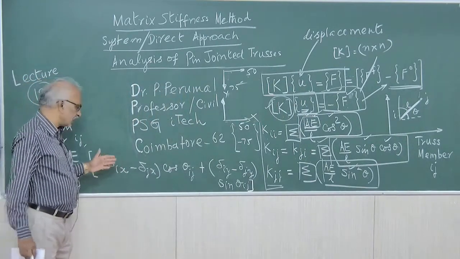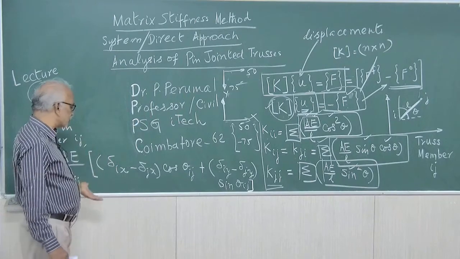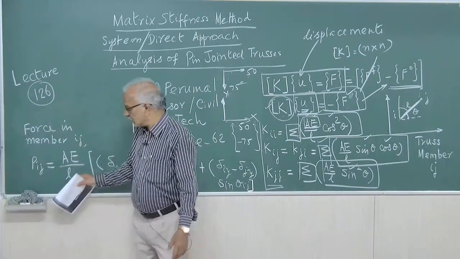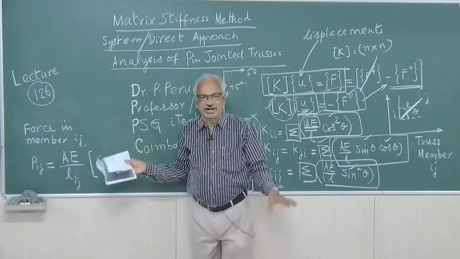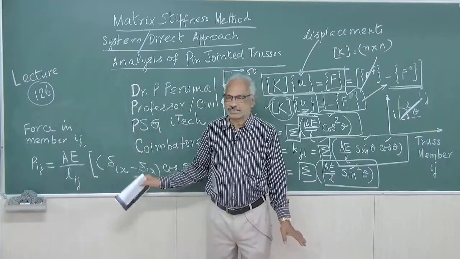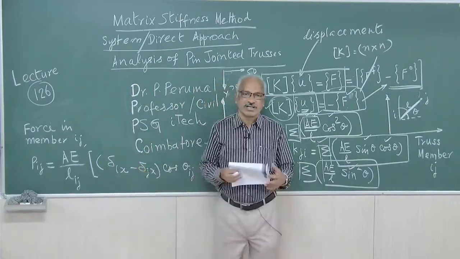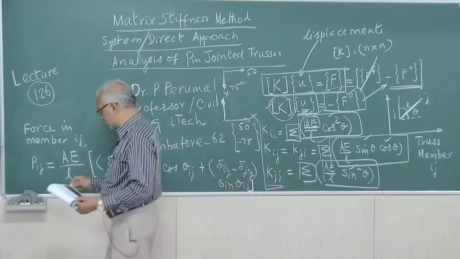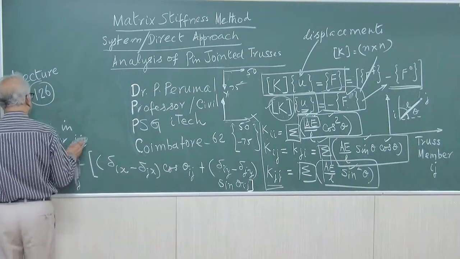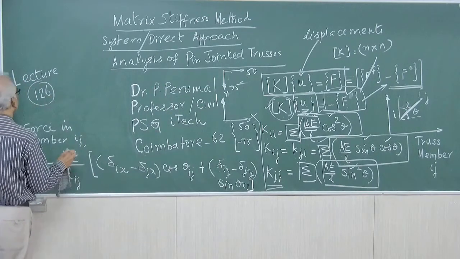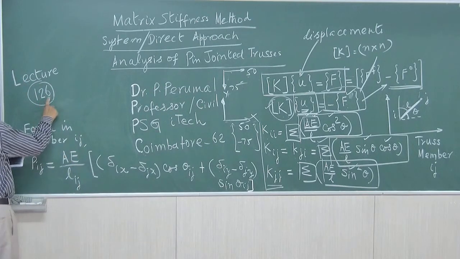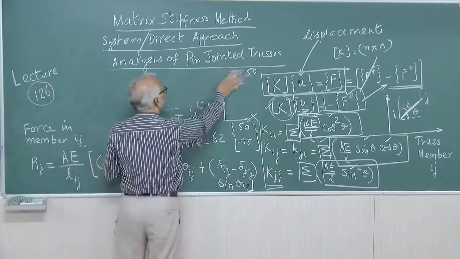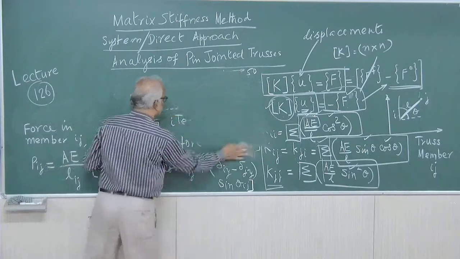So these are derived equations. We can just take it as granted. So similarly, IJ, JK, KL, for all members we can find out the force. That is a general formula for the calculation of the force in various members. So with this brief introduction about the method, we will take up lecture number 126, in which we will take up a numerical example and we will discuss.